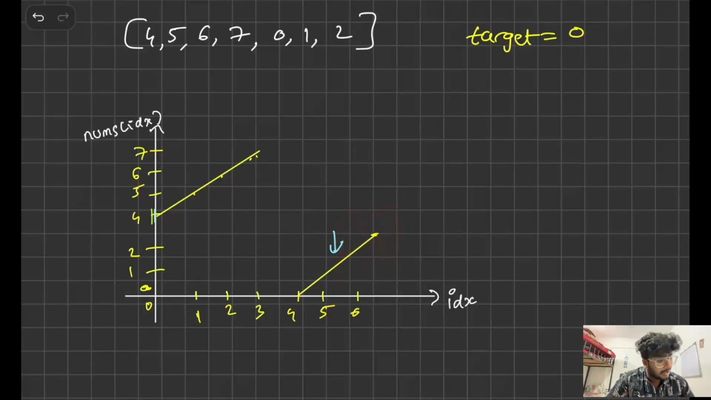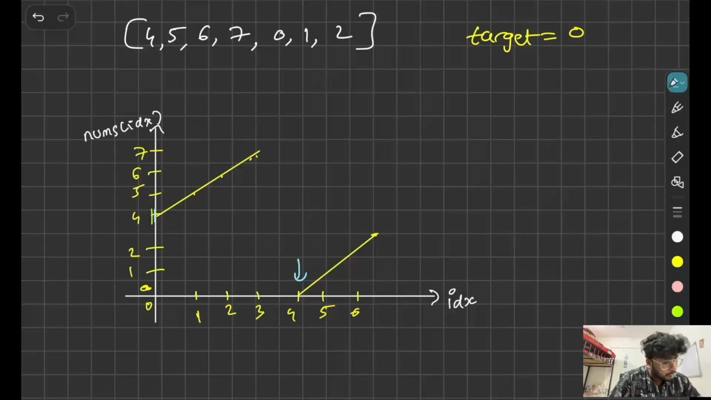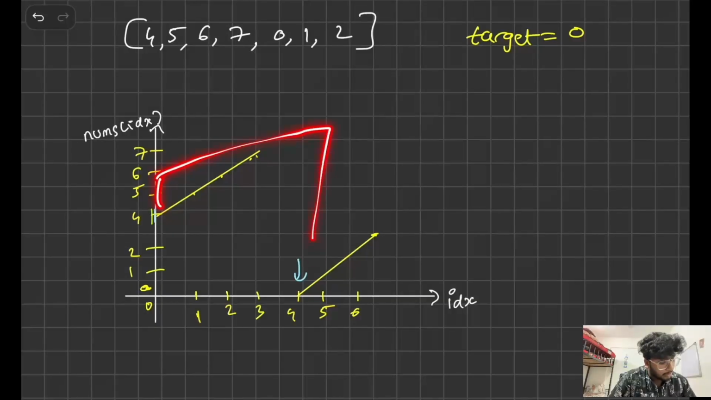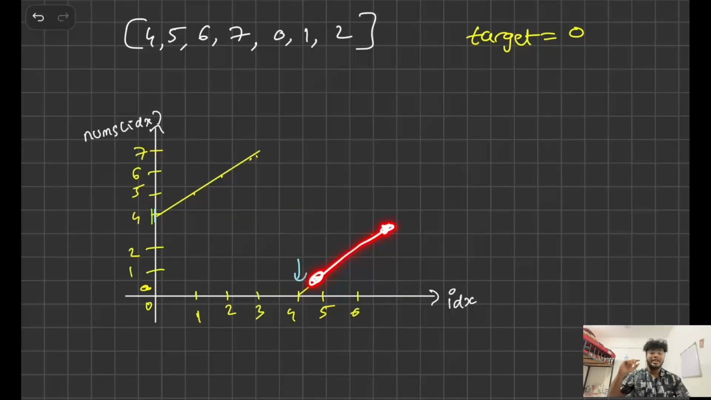Yes, it is sorted. Now let's have one more example, just to have a crystal clear understanding of why at least one half of the array would always be sorted. If I consider the fourth index itself, how is my graph for the left half including the mid? It is increasing and then it decreases. So this is not sorted. Now from mid plus 1 till end, this half is clearly sorted, right? So the point of this explanation is that if you pick